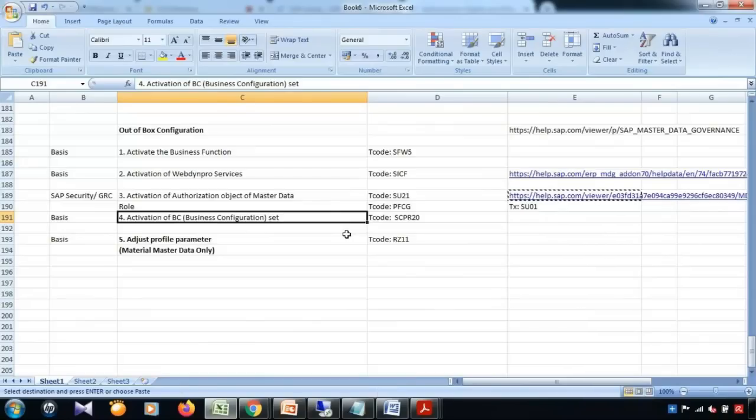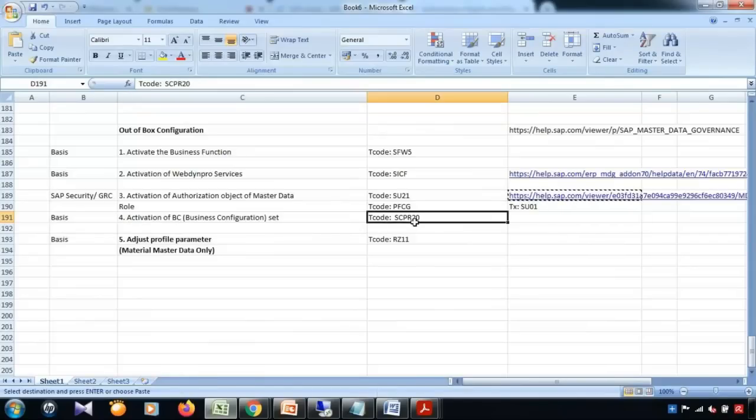Like type of change request, workflow step number, the description of the change request in different languages, and many more other activities. So this is the transaction code